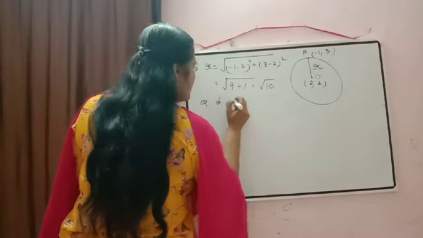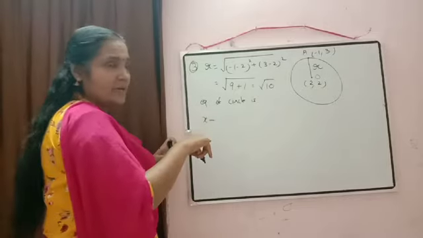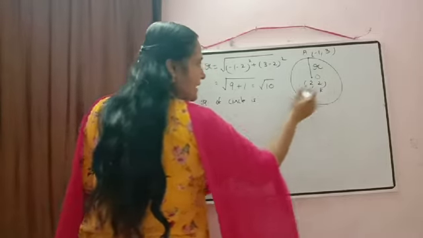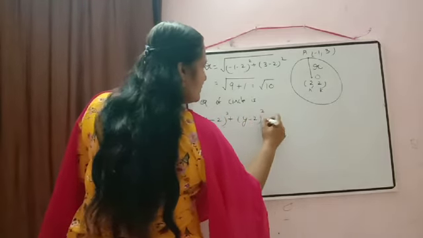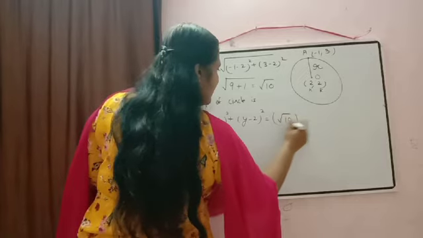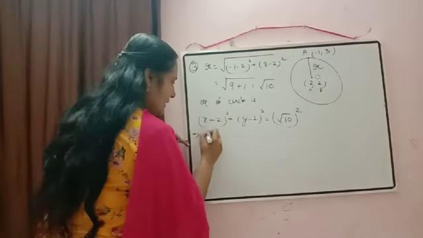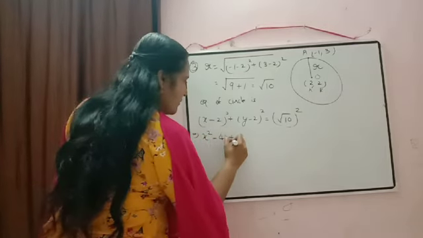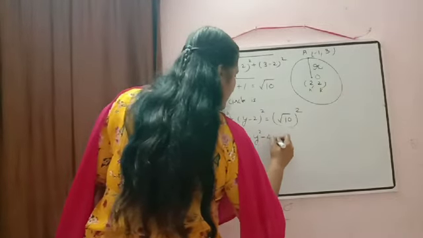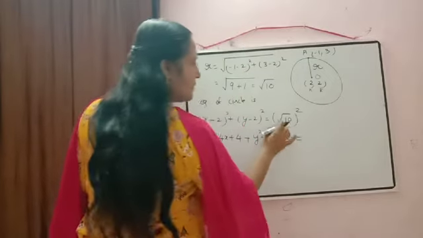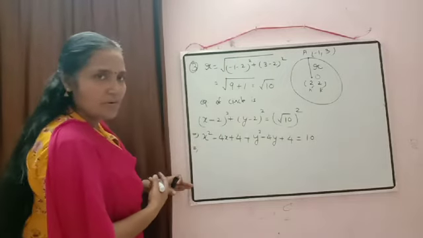So write down there. Equation of circle, our formula is x minus h. What is the value of h here? This is our center. So x minus 2 the whole square plus y minus 2 the whole square is equal to r square, √10 the whole square. Now just simplify it. Then we will get here x square minus 4x plus 4 using the identity. Here also we will get y square minus 4y plus 4 is equal to √10 the whole square, which will be equal to 10.